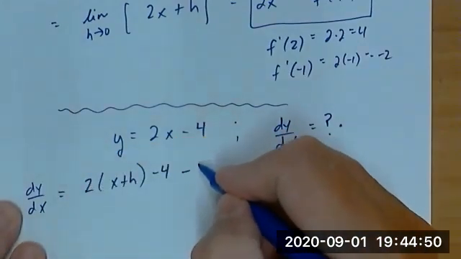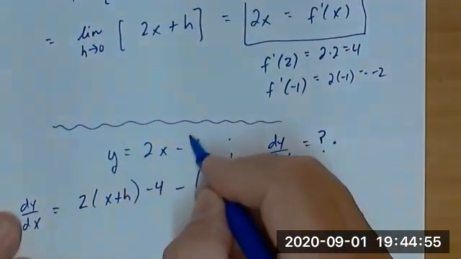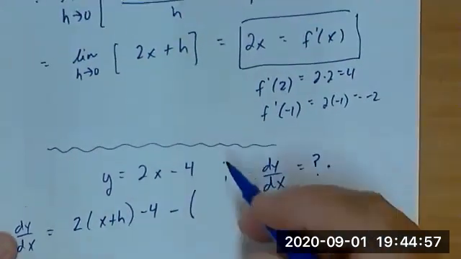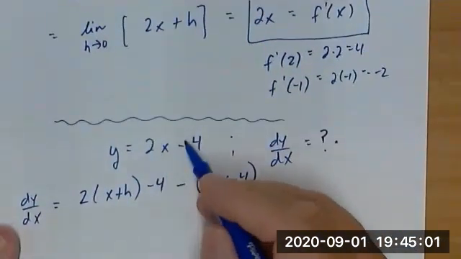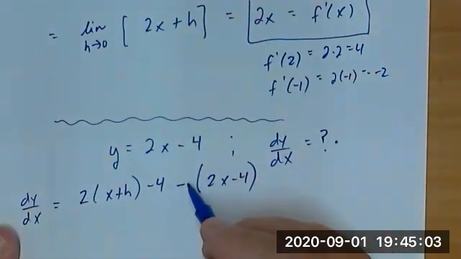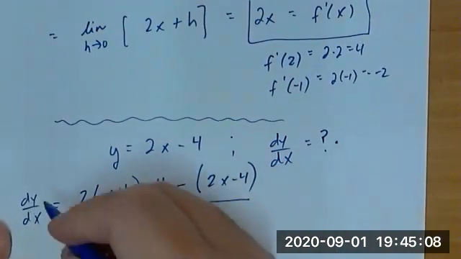Then minus f of x, well, f of x is this, f of x and y are the same. But I put this whole thing in parentheses and I subtracted the whole thing. All of this over h, and I forgot to write in the limit of that